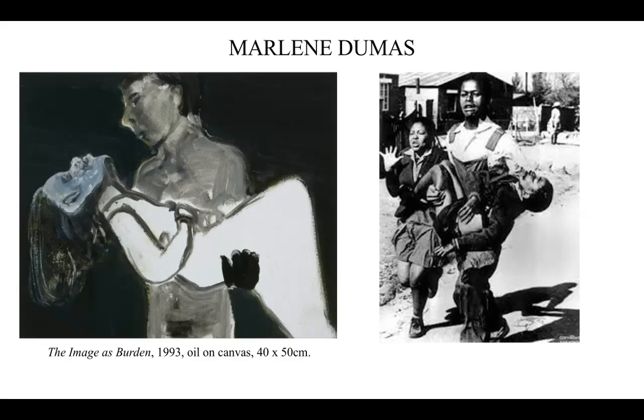And this image is of a young boy. His name was Hector Peterson, and he was one of the first children killed by police in the uprisings that happened in a township just outside Johannesburg in 1976 during apartheid South Africa. This image was taken right after he had been shot and he was being rushed to hospital. It's an image that every South African knows the story behind, and is a sort of symbol for the violence and the horrific events that occurred under the apartheid regime.